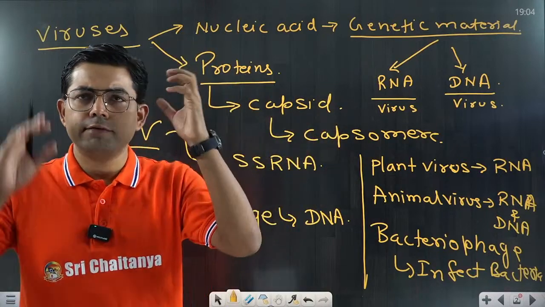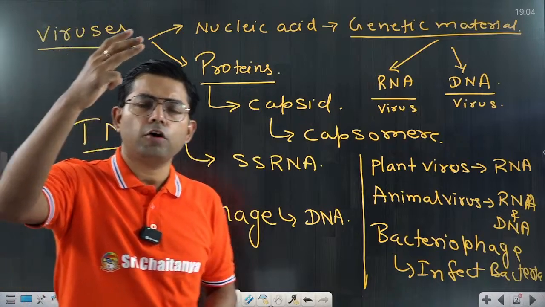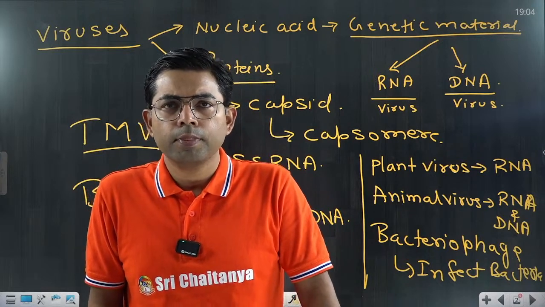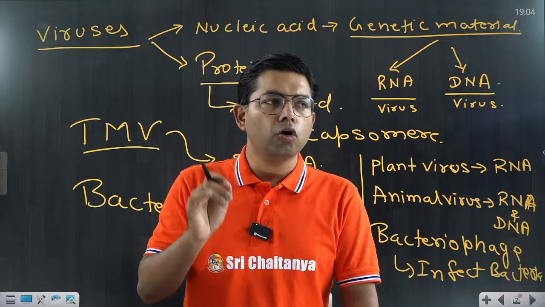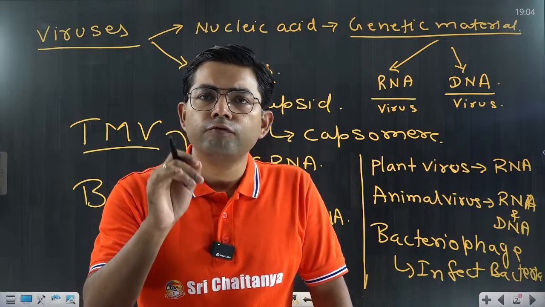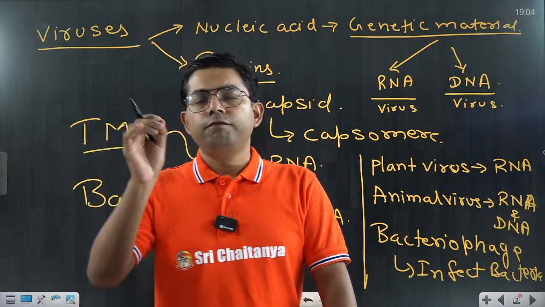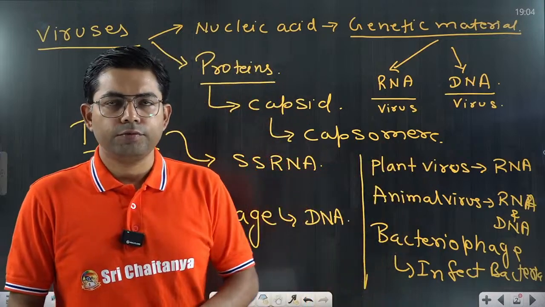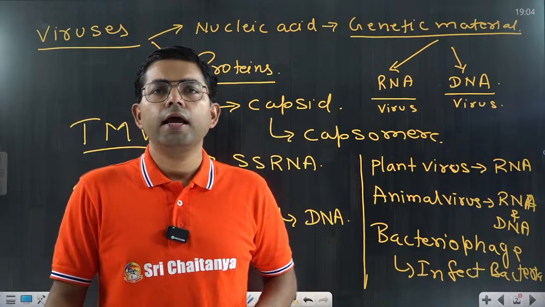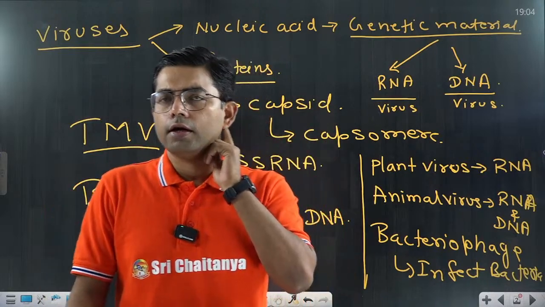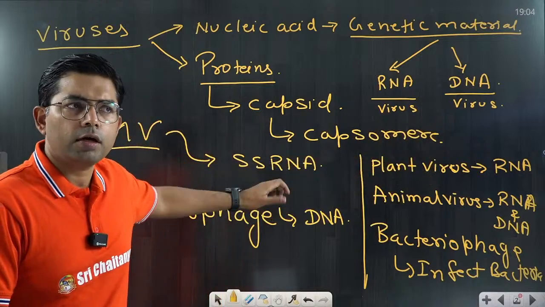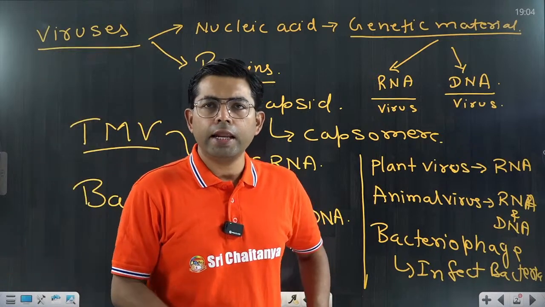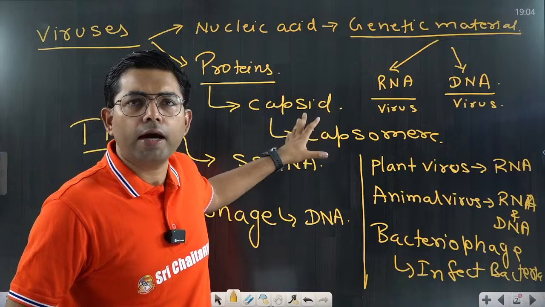I hope you have all recalled everything. Apart from this, we talked about three scientists. One was Ivanovsky, who discovered the virus. Then Beijerinck, who called it contagium vivum fluidum, meaning infectious living fluid. And the third scientist was Stanley, who crystallized the virus. We know that a virus is acellular and is neither living nor non-living. So these were the points about viruses. I think this is clear. If clear, just give a thumbs up so that we can proceed. So this is a quick recap of viruses.